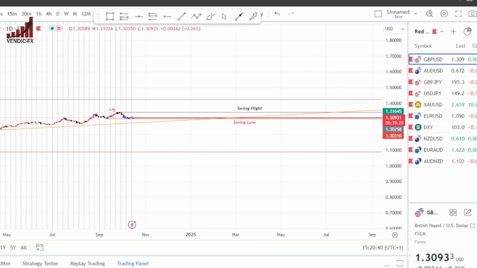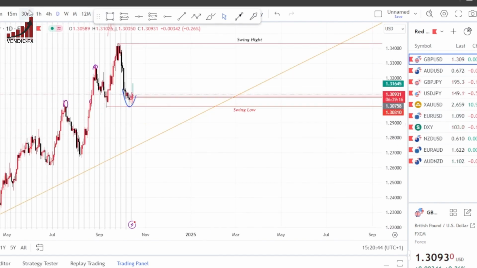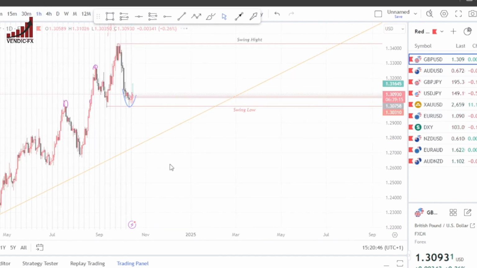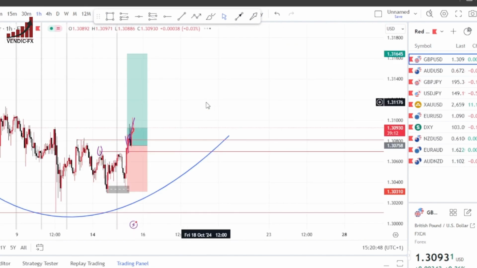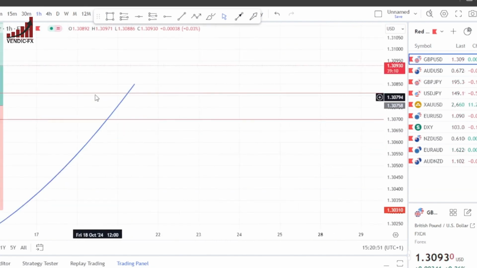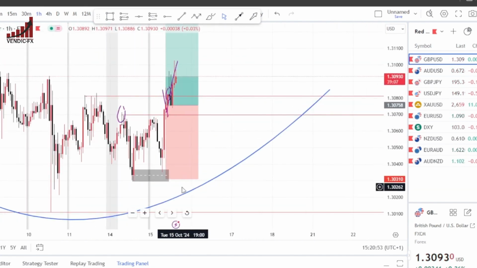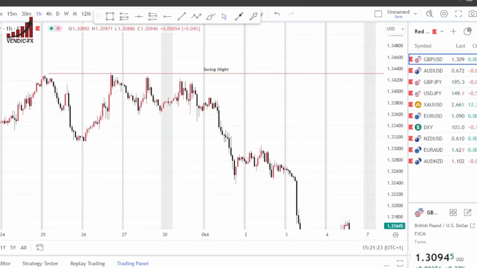That's where we can find liquidity. Liquidity is formed where stop orders are being placed in the market. So we have buy side and sell side liquidity. Please put all this into consideration,